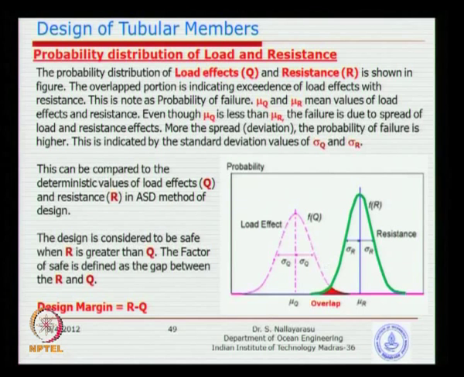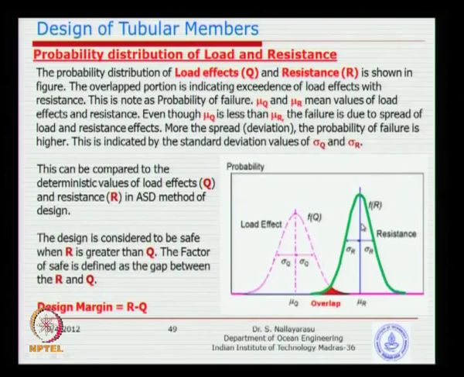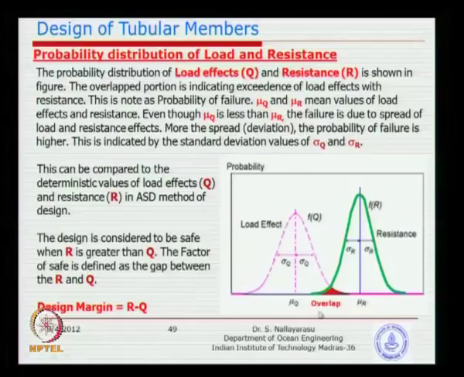Frequency versus strength. Now you see here a smaller portion of overlap, where the strength is below the demand. When we concluded the design using allowable stress, we concluded that 100 megapascal is always less than 200 megapascal, so the design was very well safe with a large margin. Whereas when you look at the probability distribution of the same load and the same resistance, you could see that there is a potential chance of a smaller percentage of failure, because there are certain locations where the load is going to be higher than the resistance.